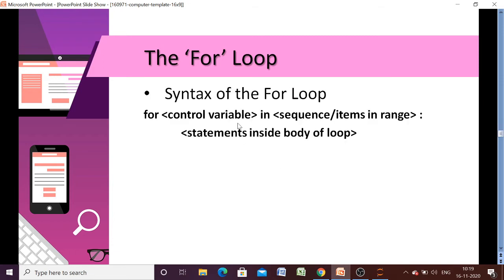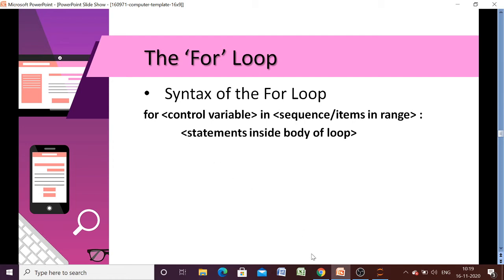Here you can see the syntax of writing a for loop. for is a keyword. Here we have to choose one control variable, then in, and then we have to specify the sequence, or we can use the range function, and then the indented statements.